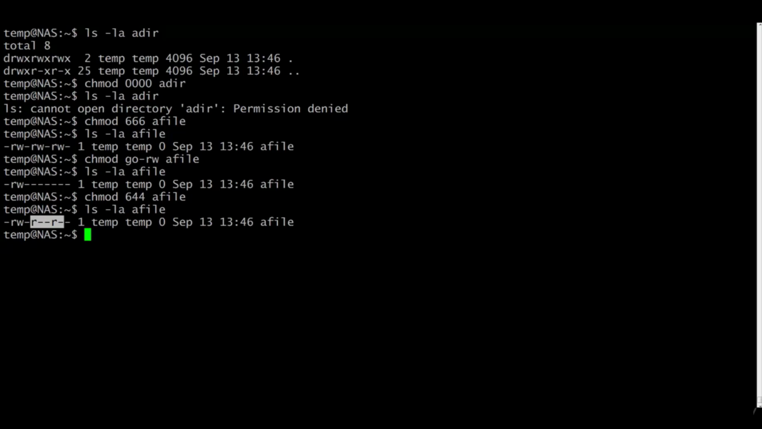Now let's review the permissions, and let me append some useful information about dash capital R. The dash capital R option is a handy feature of the chmod command. With dash capital R you can recursively change permissions on all files and directories starting from a point in the file system. For example, sudo chmod -R 700 adir will open permission to the owner below the adir